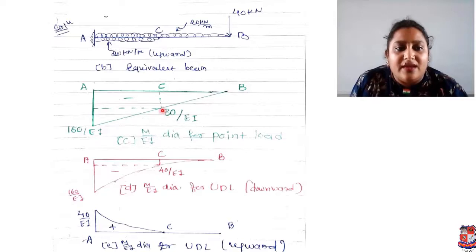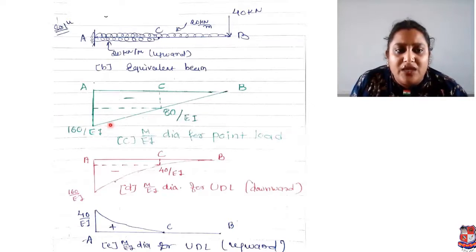Okay, that 80 and 160, we have already found out the moment for the point load. So here, 80 upon EI is the M upon EI diagram for the point load. At point A, 160 upon EI for the point load. Now, if we talk about the downward force UDL, then the M upon EI diagram for UDL downward means